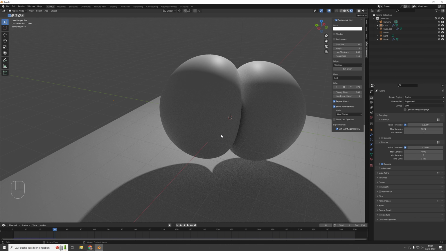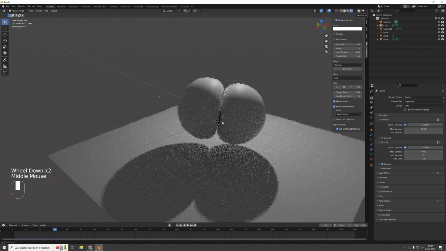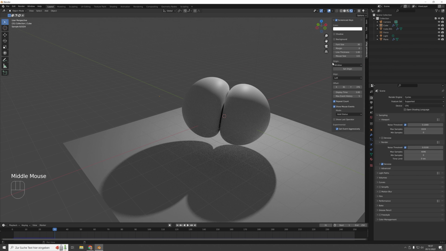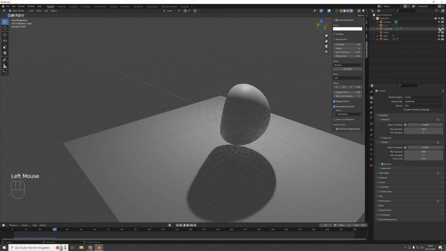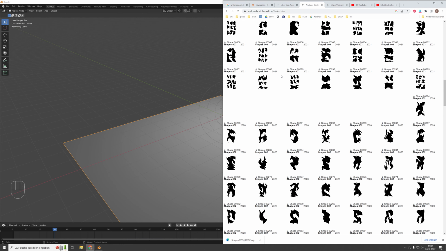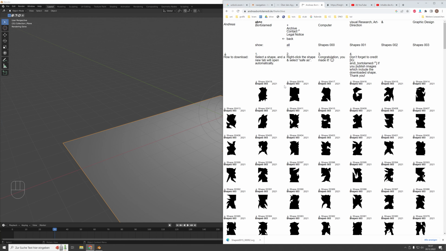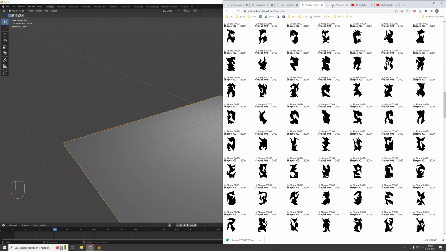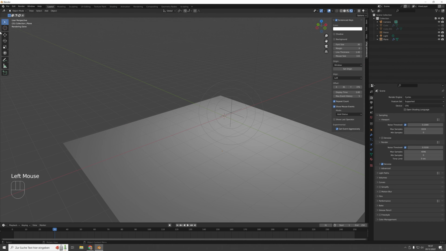So this is already our first thing we do, and now we're already good to import our SVG. Andreas did this shape collection for his master thesis, and it's free to use, and they're all SVGs. That means they're vector graphics. And I choose this, and to import it, you're gonna go to